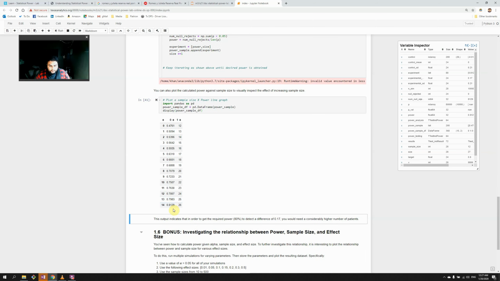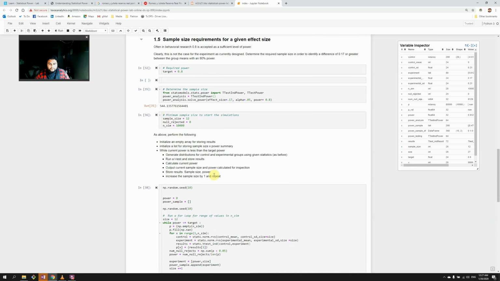Why is it so small? Well, it isn't. It makes sense because as soon as the power hit 0.8, it stopped. So the sample size of 26 was sufficient. So why did I get 544 here? Maybe I did that wrong. Is that what I did wrong? Determine the sample size. Hang on, I'm going to go back and see what